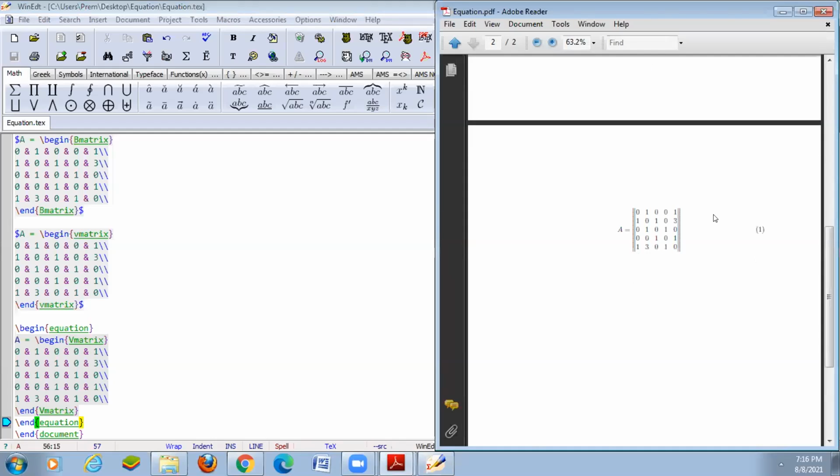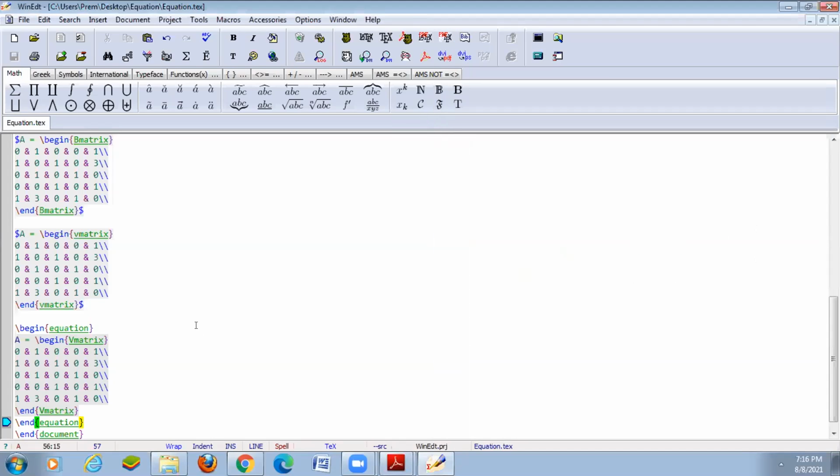Automatically the equation is marked with a number, equation number 1. Suppose we do not want the number, then you can use equation star.